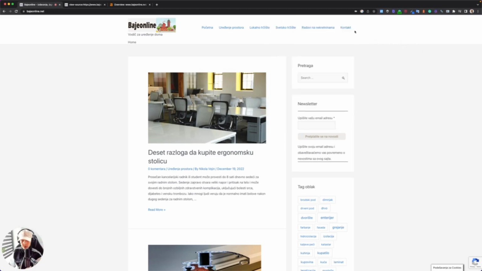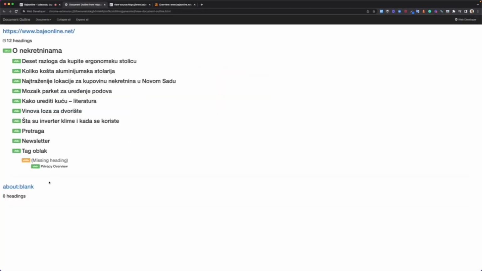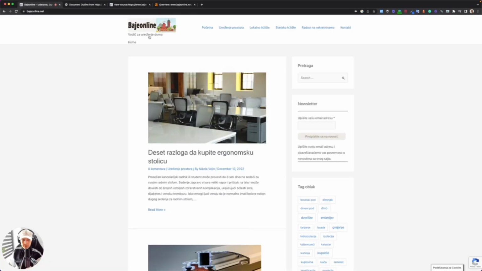I also like using Chrome Web Developer, which allows you to see the structure of headings in a more visual way. You go to Chrome Web Developer, information, view document outline, and this is, I would say, more visually appealing. So the structure of headings looks more or less okay, I would say,